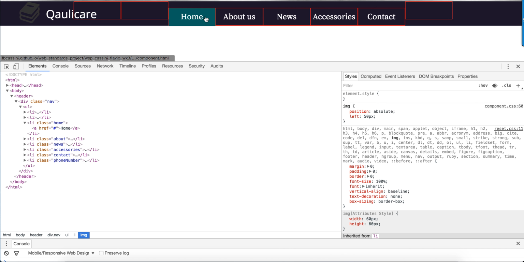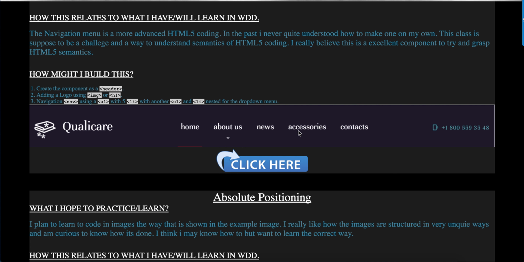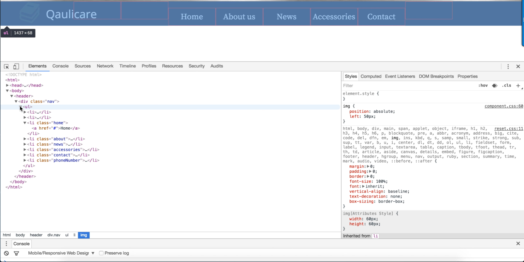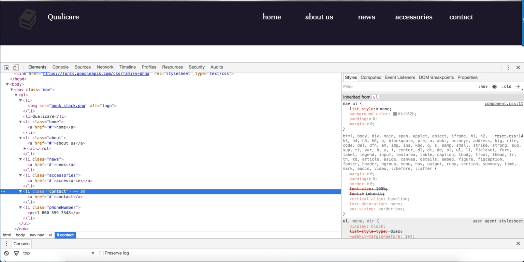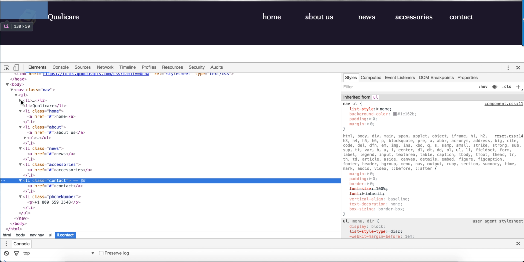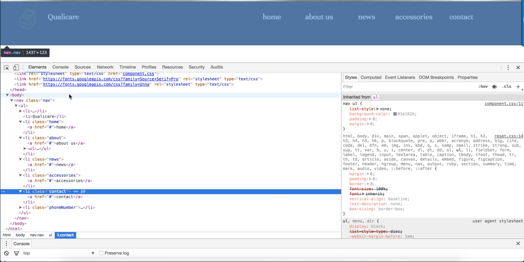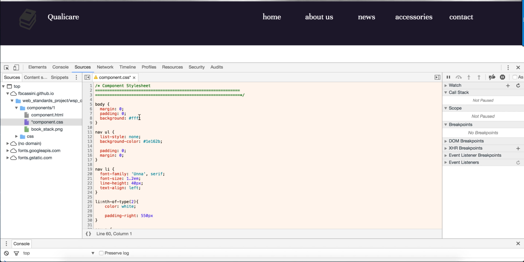I also added, let me see, I took out the phone number. I did add some CSS in so that you could